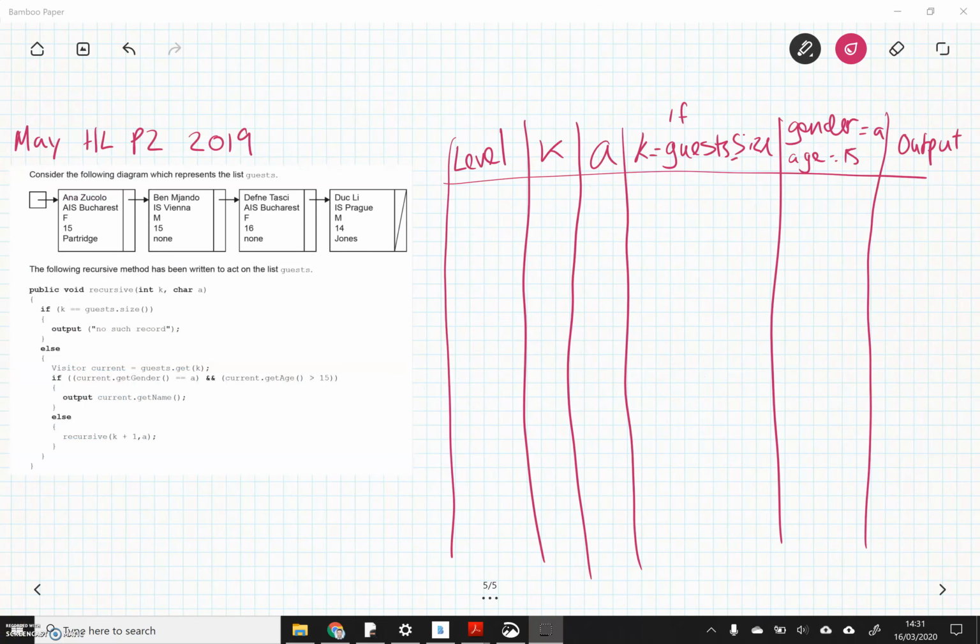So let's look at a past paper example now. This is from May High Level Paper 2 in 2019. So the following recursive method has been written to act on the list guests, which we've got as a linked list at the top there. So we've got a recursive call. We've only got one recursive call there, so I can do this in a trace table. Let's start with